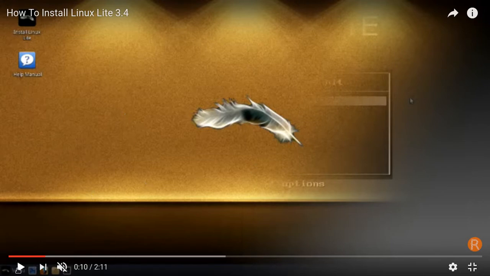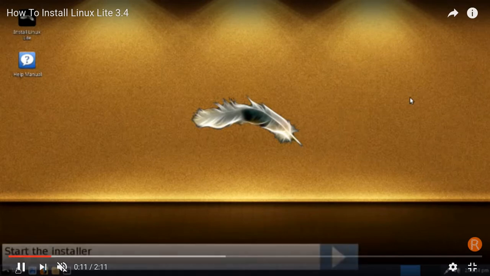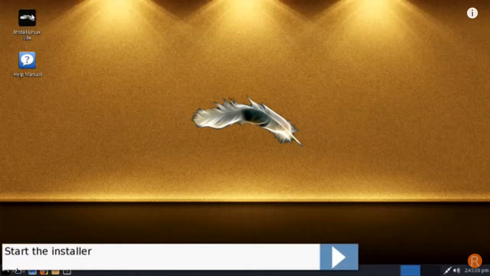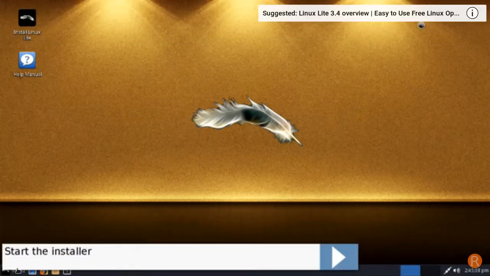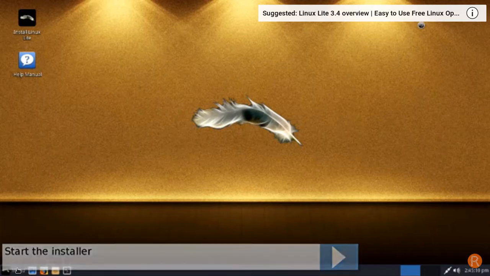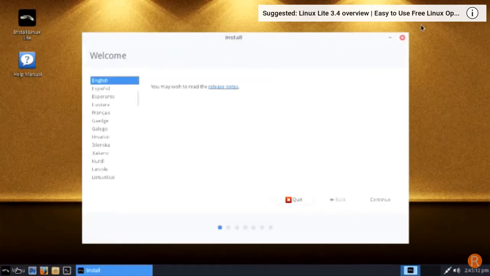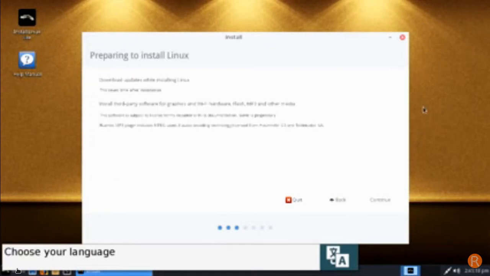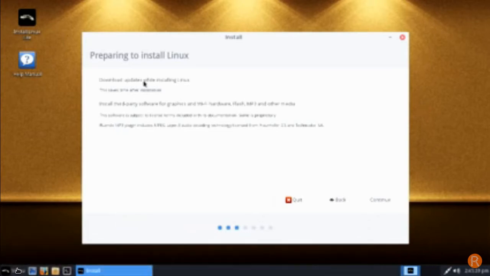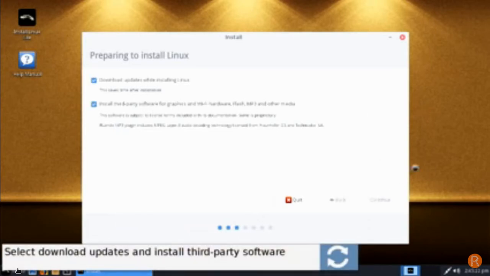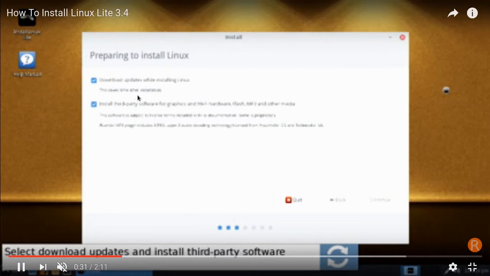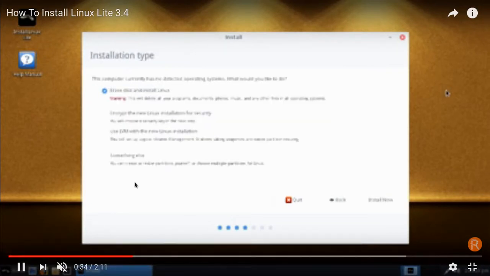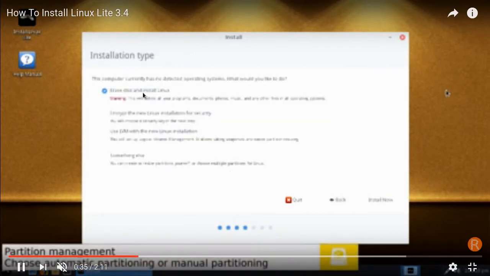I'm gonna let it play a little bit more so you can see, and then they show you that's the installer up there. And they show you the installation page there, and this is the updates stuff right there, and you would click install the full